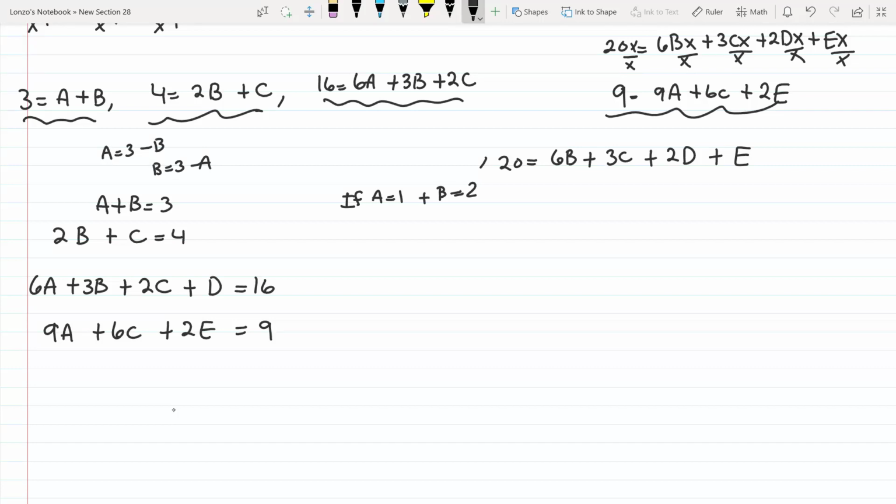So I'm going to set a equals 1 and b equals 2, and